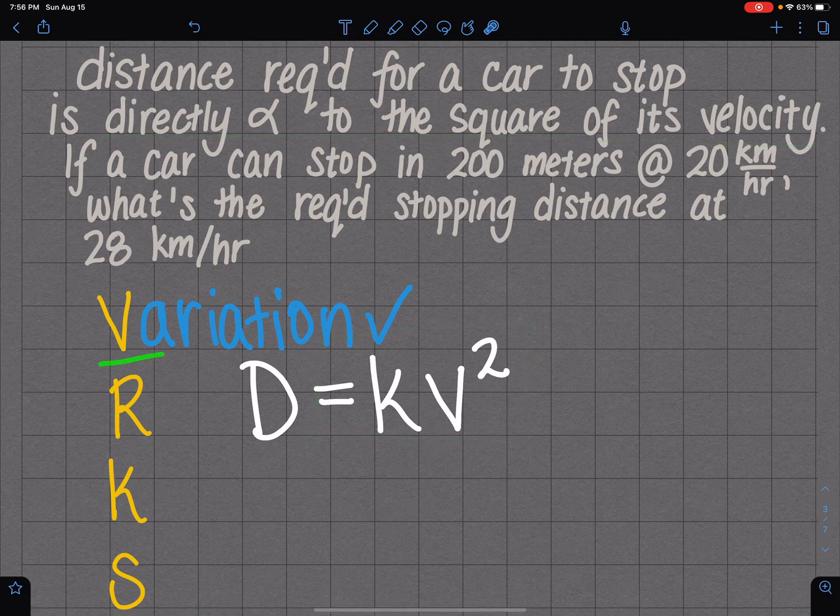Now, do what works. We are going to find K. So we solve for K. And they gave us enough information to solve for K, because they said a car can stop in 200 meters when it's going 20 kilometers per hour. So let's plug in what we know. If it can stop in 200 meters, so that's going to be 200 instead of,